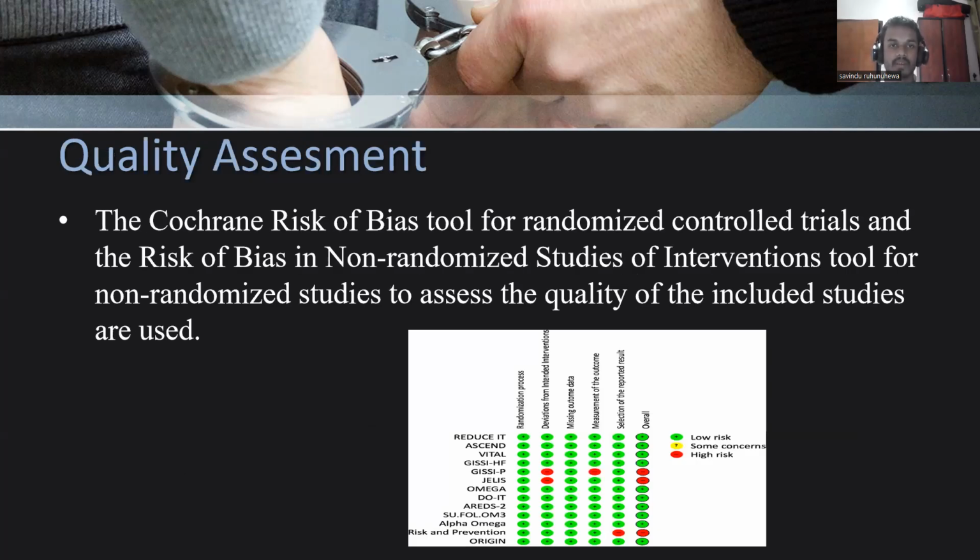Quality assessment. Assessing the impact of cyber threats on online banking transactions using the Cochrane risk of bias tool and the risk of bias in non-randomized studies of interventions tool reveals a high risk of bias in the domains of blinding of participants and personnel, and bias due to confounding, respectively. However, the other domains show low risk of bias, indicating that the study's results are reliable. It is essential to consider these biases when interpreting the results of studies on the impact of cyber threats on online banking transactions. Now we will move to the next slide.